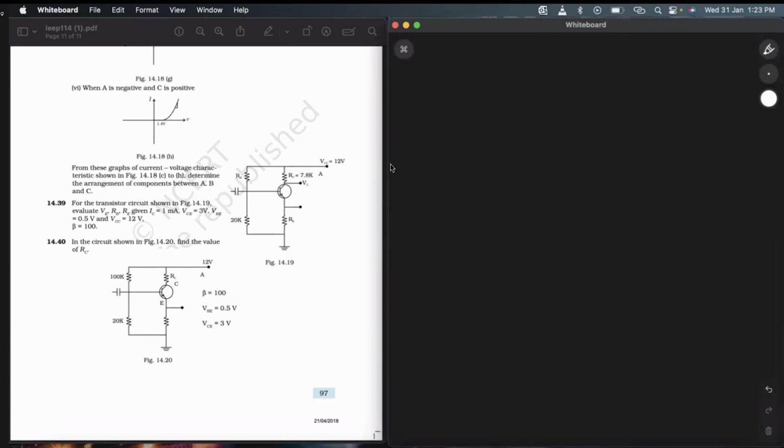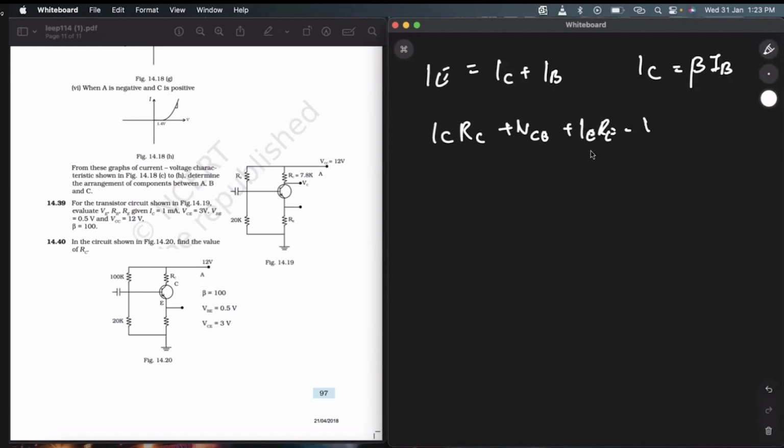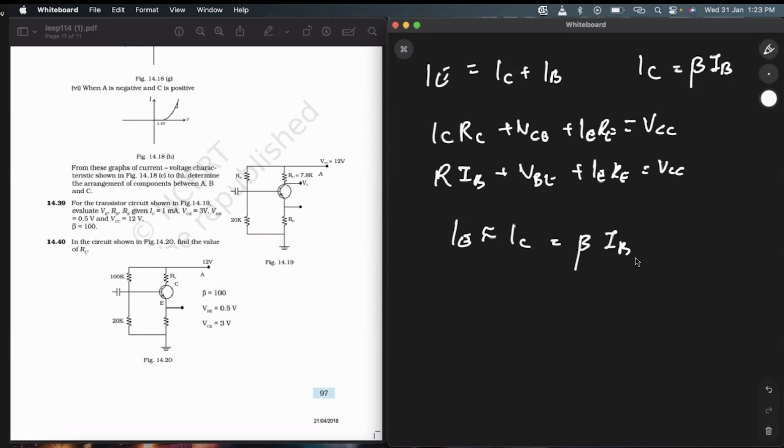ये भी सिमिलर टाइप का क्वेश्चन है जैसा भी हम लोग ने सॉल्व किया है. अगेन वही चीज है, आई ई इज इक्वल टू आई सी प्लस आई बी, और आई सी की वैल्यू दूसरी तरह से लिखने का मतलब है बीटा आई बी. ठीक है. नाउ आई सी आर सी प्लस वी सी ई प्लस आई ई आर ई इक्वल टू वी सी सी. ठीक है. आर आई बी प्लस वी बी ई प्लस आई ई आर ई इक्वल टू वी सी सी. Since this is true, it will be equal to beta IB. So R plus beta RE